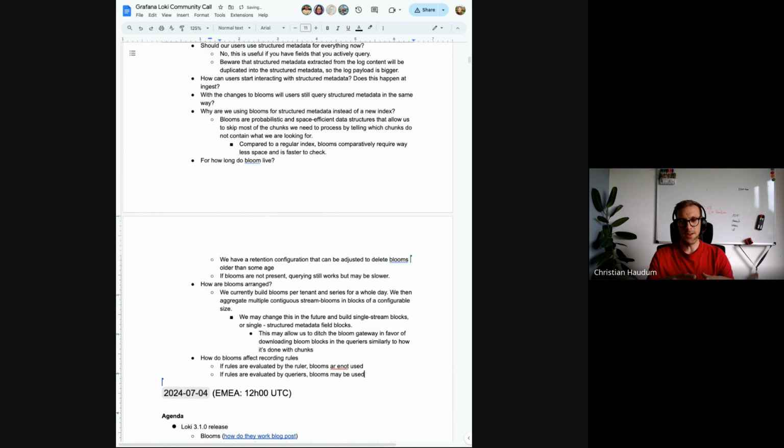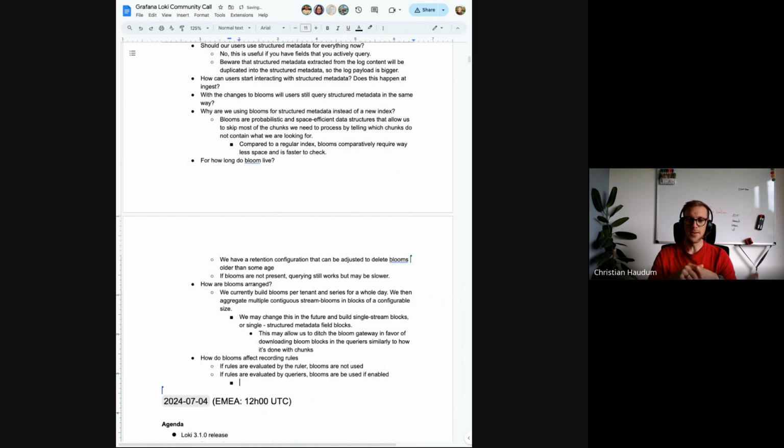Where you would automatically benefit from blooms is when you use remote rule evaluation, where the ruler just dispatches the query to the query front end to evaluate the rule, and then the regular read path is used, which, depending on the tenant and the configuration, either uses the blooms or not. It would use the regular read path, and so it could benefit from the blooms. But I would say